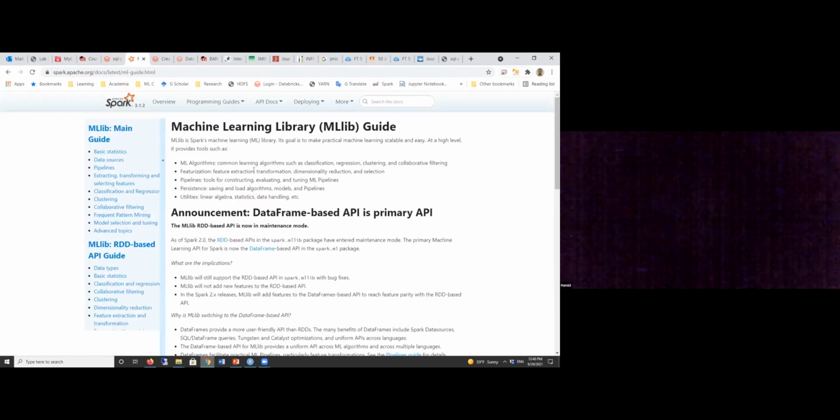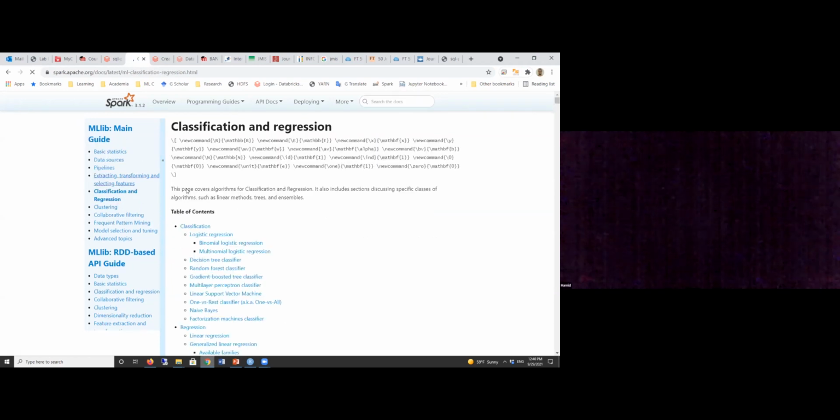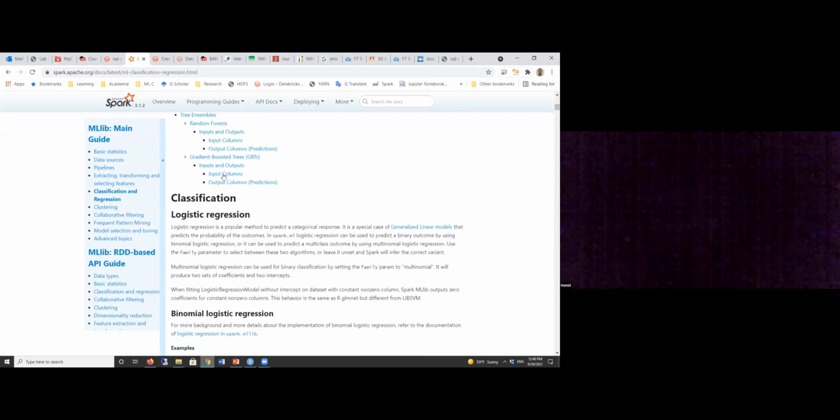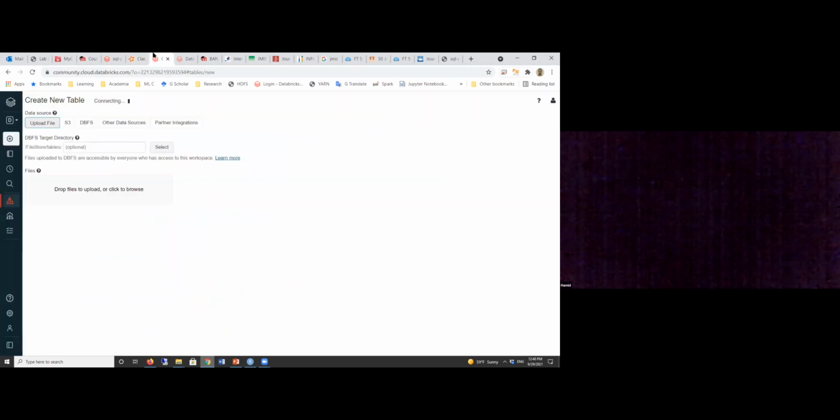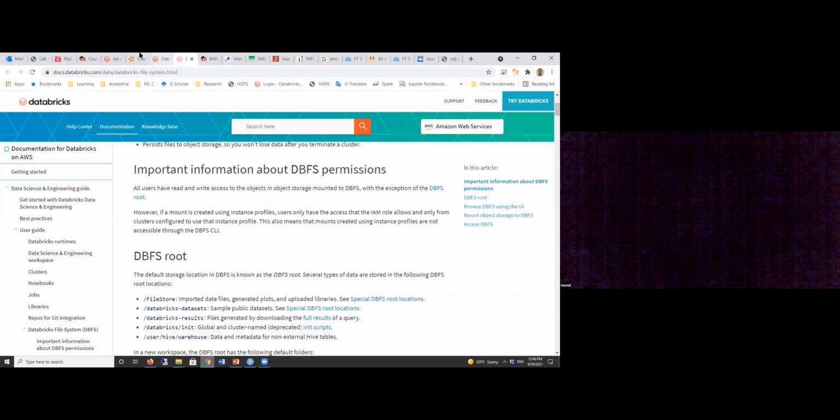Yeah, and I mean, just pick the first one. Let's say in your project, you need to do some regression. So click in this section and talk about different classification regression algorithms that are available in Spark 2.12. So anyway,